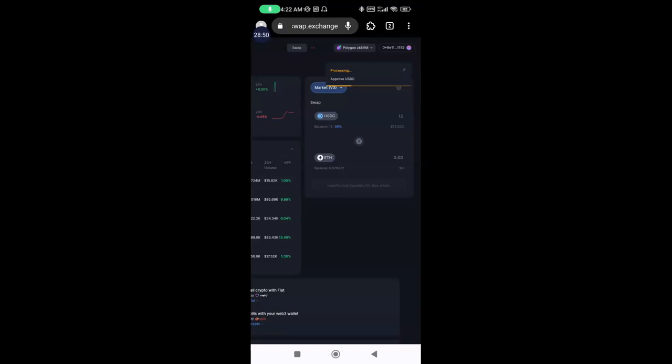So for safety, mind you, once you are done with all these transactions, just try and revoke the contract access. Once I'm done with QuickSwap, I'll go to my wallet to revoke the access,